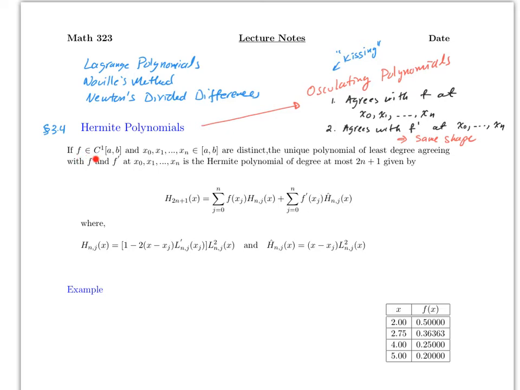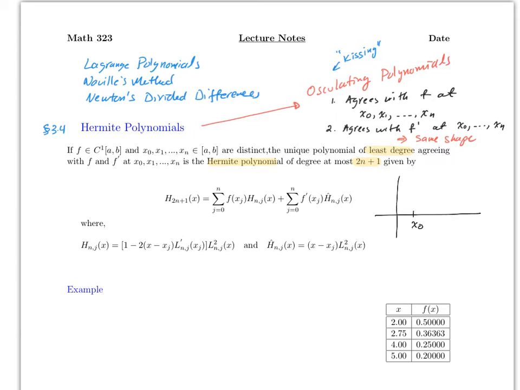If f is a continuous function whose first derivative is continuous, and x0 to xn belong to [a, b], then the unique polynomial of least degree agreeing with f and f prime at those points is called the Hermite polynomial, with degree at most 2n plus 1. So again, since they have to agree at the points x0, x1, x2, and so forth, and also in the derivative,